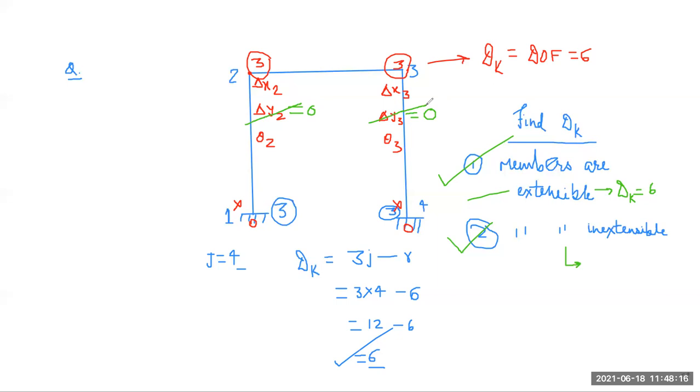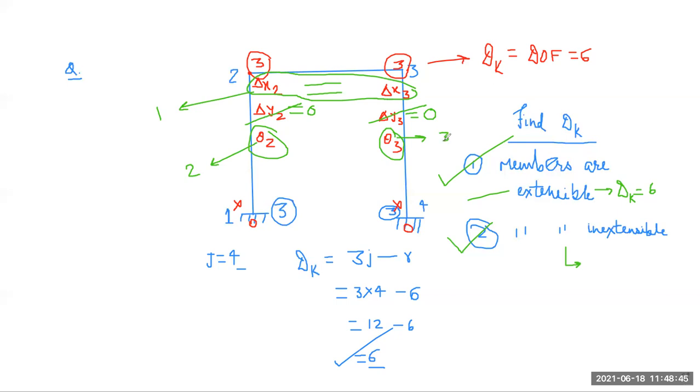So just eliminate these two values, and you are saying that delta x2 is equal to delta x3. So basically this becomes one value. So delta x2 is equal to delta x3. This is your one particular possible degree of freedom. Next one is your theta 2. So this is your 2 degrees of freedom, and here theta 3 is separate. So basically this is your 3 possible degrees of freedom.